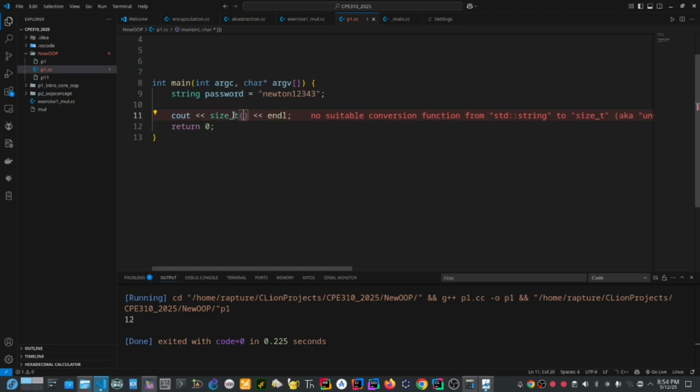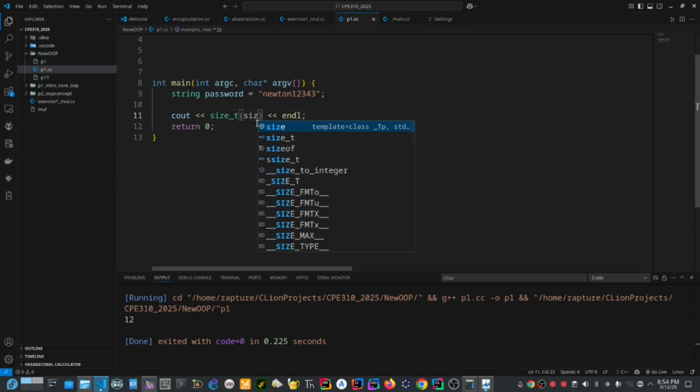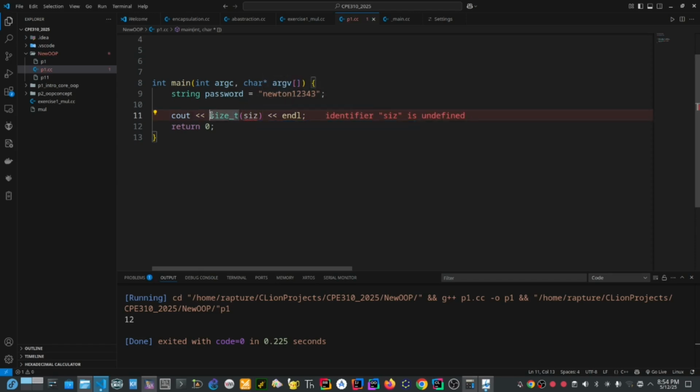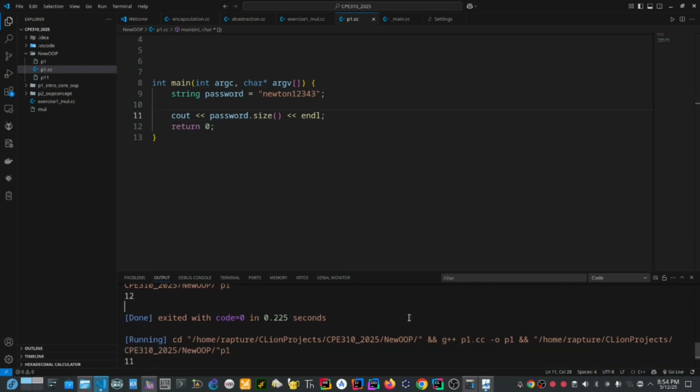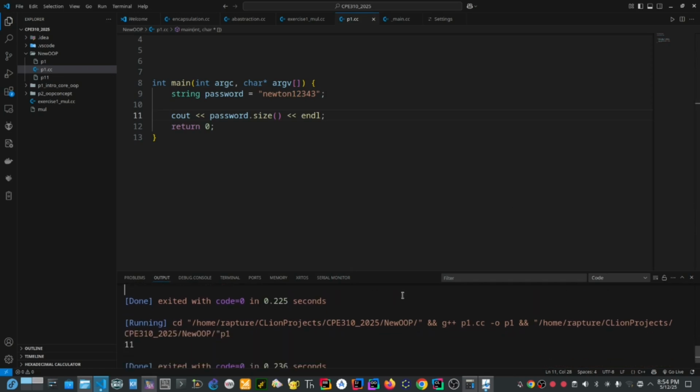What is it taking? Size C, okay, it's trying to get an integer from us. Okay, let's just use sizeof, password, the size. Let's get the size of this. We get exactly 11. We're able to get 11 as the size,